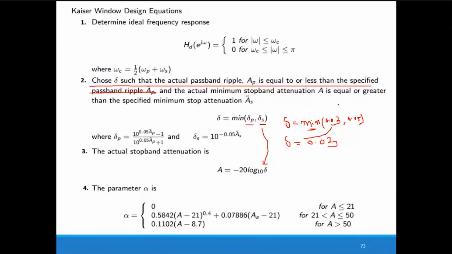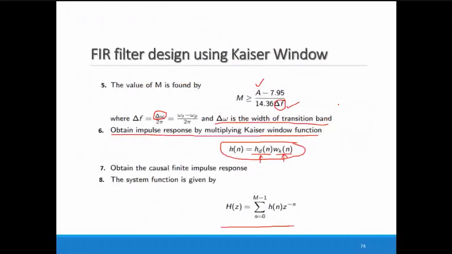Okay, so this is how you are able to solve the value of delta and utilize that for the calculation of A. After A, you go for the alpha value, then the calculation of M, and finally you have to write the h(n) function, and then you have to obtain the H(z). As far as your examples are concerned, we have to write this h(n) function only, in the form of an equation, not the solution that we will obtain using the MATLAB function. You have to represent this h(n) only in equation form. Okay, all of you, is anybody having any query?